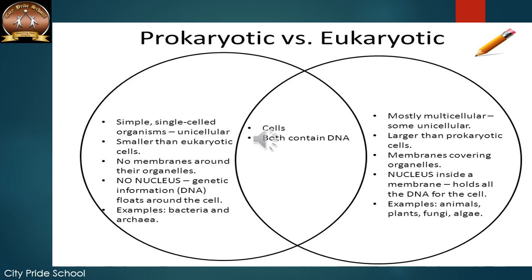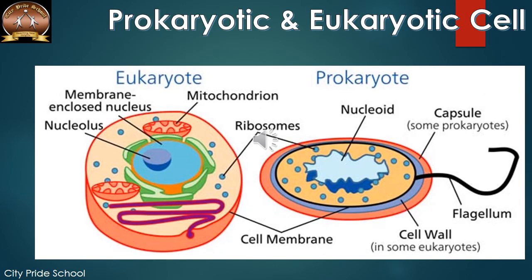Examples of prokaryotic cells are bacteria and archaebacteria, which are primitive bacteria. Whereas in case of eukaryotic cells, you can find them from algae onwards, all the higher animals and plants have eukaryotic cells. Now this is the structure of a eukaryotic cell, where you can see there is a nuclear envelope all around. They have different organelles also, mitochondria and many others which will be studied. Whereas this is a prokaryotic cell, where there is just a nucleoid, meaning the nuclear material that is floating in the cytoplasm here. It does not have any organelle as such.